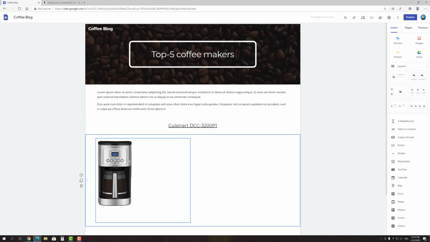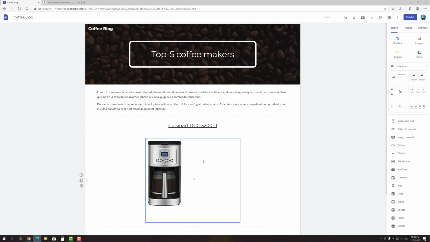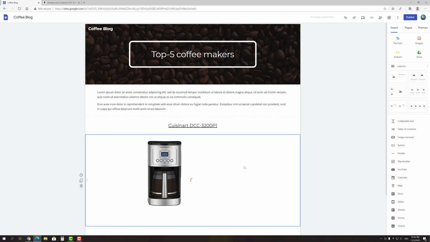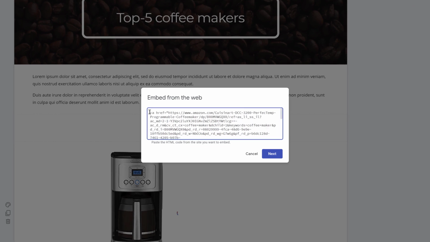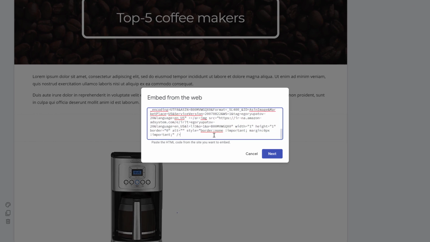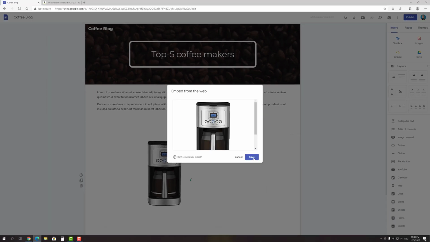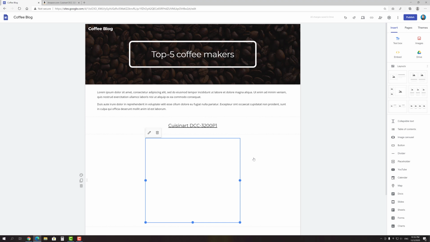But I also want to align this image to the center of the page. To do so, I'll just drag it a bit. As you can see, despite that I've moved the block with the image to the center of the page, the image itself is not in the center of the block. This problem is easy to solve by adding the HTML center tag. Place an opening tag before the code and closing tag after it.